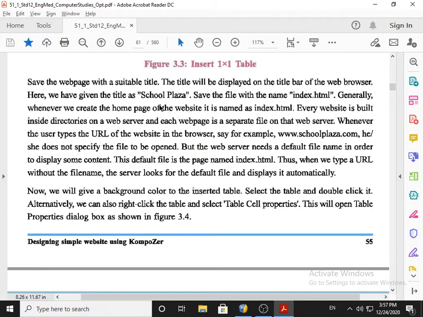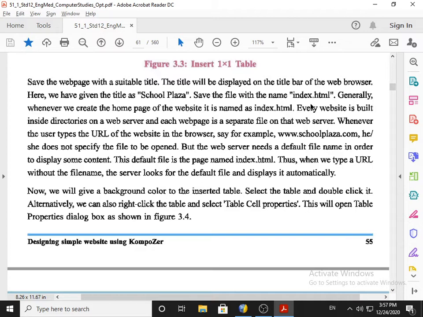School Plaza. Save the file with the name index.html. In the first chapter also we discussed this point, and here it is repeated again. Why index.html? See, generally whenever we create the home page of a website, it is named index.html. The reason is that the majority of servers are programmed in such a way that when somebody opens the website, it automatically provides index.html as the first information, as the home page.